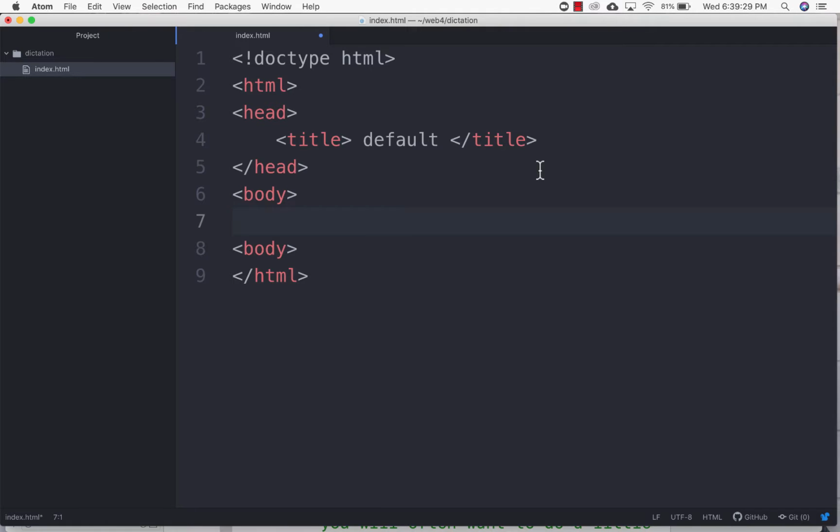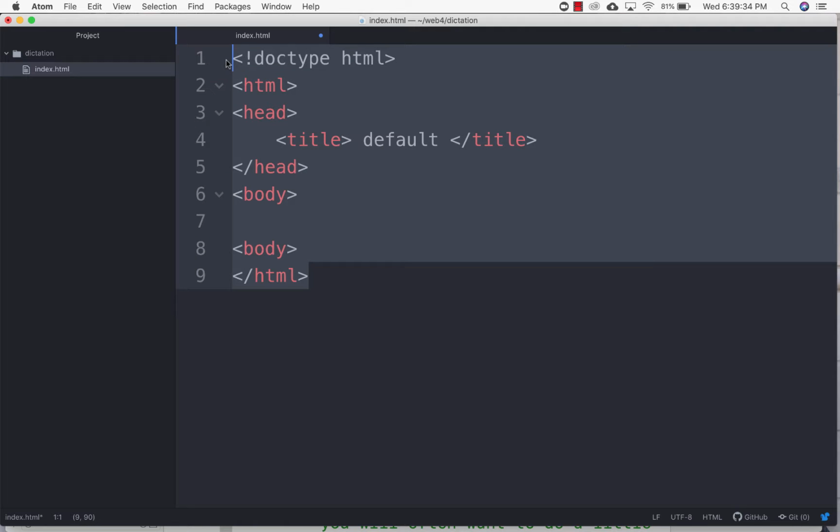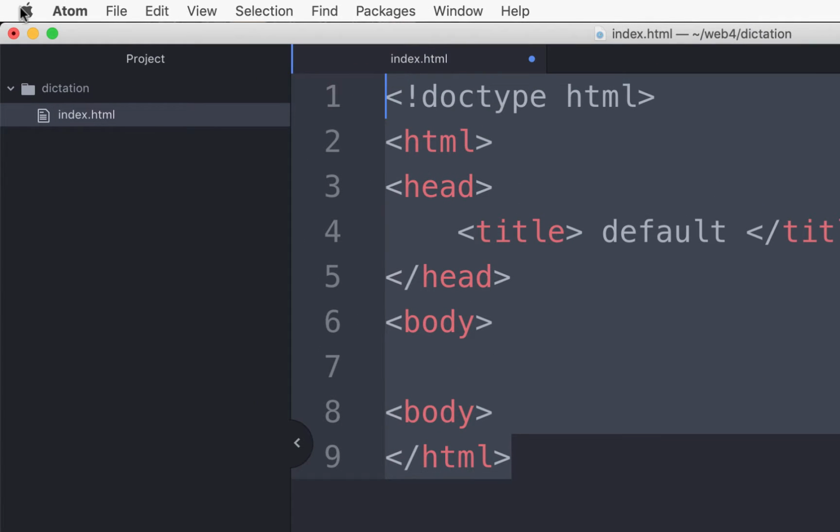rather than having to type something out. So right here, I've got a default HTML. What I'm going to do is simply copy that. So Command C. Then you go under the Apple menu, System Preferences,